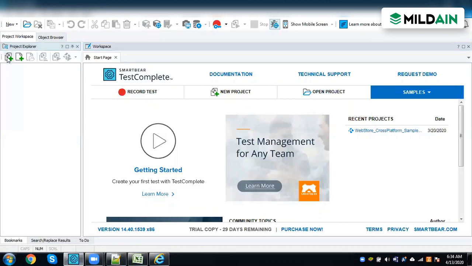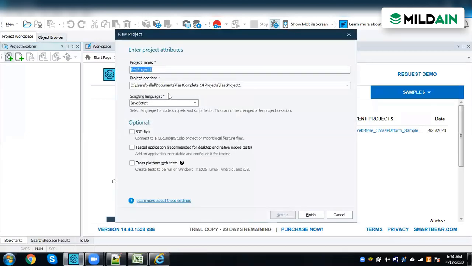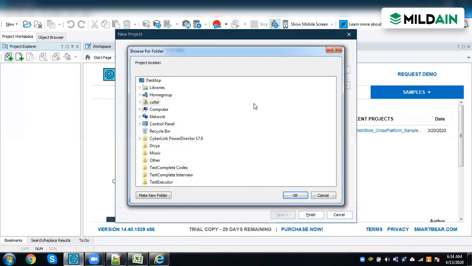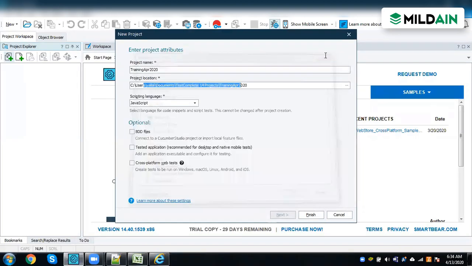So first is the project suite. So here in my project suite, I can give whatever name I want. By default, it will give you a user location, and if you want to change your location, you can change it anywhere inside the system wherever you want. And this is a scripting language.